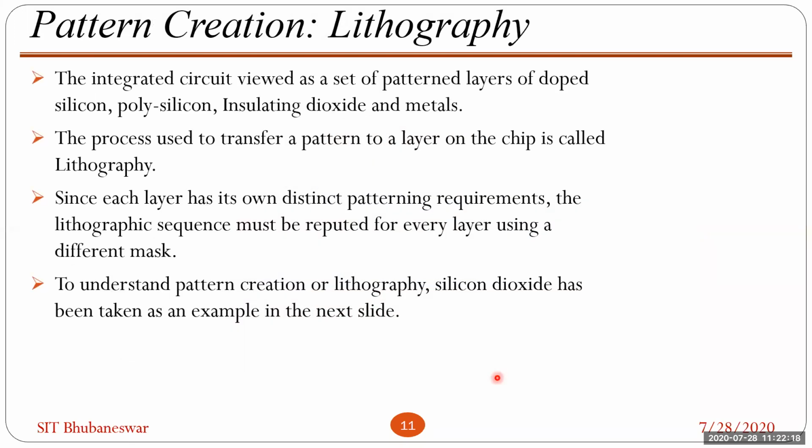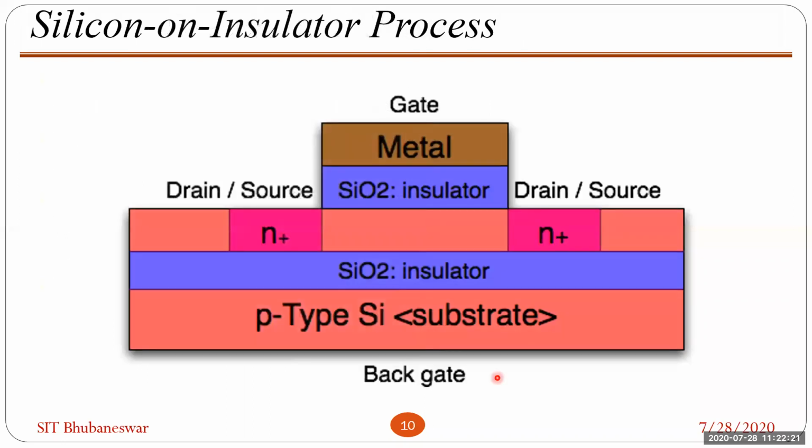Sir, is this silicon on insulator process used for low VT processes? No, it is the same. Low VT processes are also there. That VT actually depends upon your channel impurity, the oxide layers, all these things. So in SOI also, different types of VT options are there: low VT, medium VT, and high VT options.